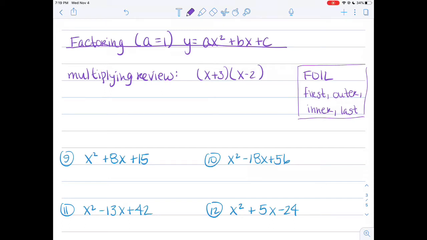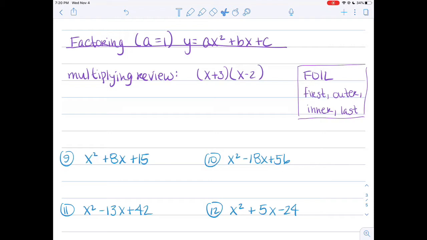Our third topic for today is going to be factoring quadratic expressions. And specifically, we're going to be looking at quadratic expressions where a is equal to 1. So I'm starting with my standard form of a quadratic, ax squared plus bx plus c. And basically, I'm wanting to convert it to my intercept form of the quadratic, which is two sets of parentheses